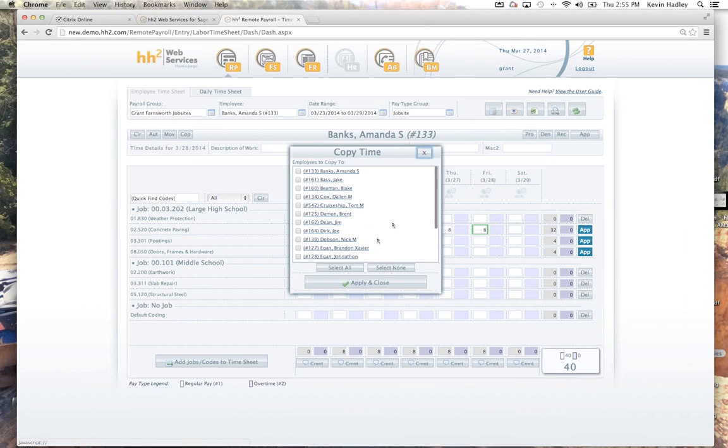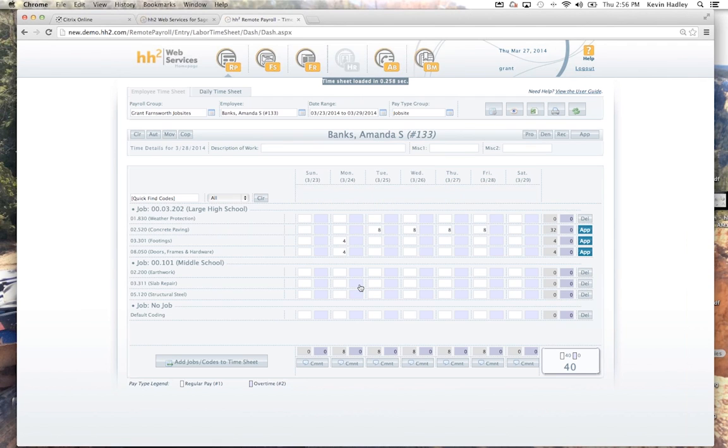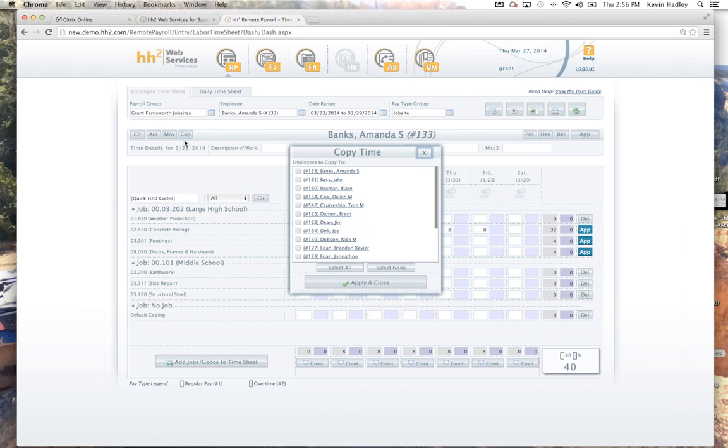I can come up here, hit the copy feature, and we'll just copy it to some people at the bottom of our list. We'll take these last 4 and add them. So we're going to copy her time to 4 other employees. We just apply and close, thus saving some time for your manager out in the field. So when we go to these other individuals' timesheets, Jesus, for instance,